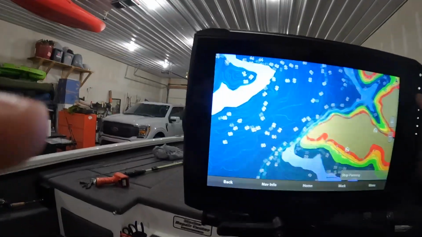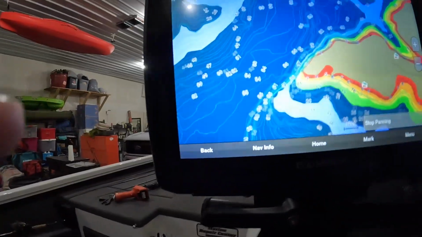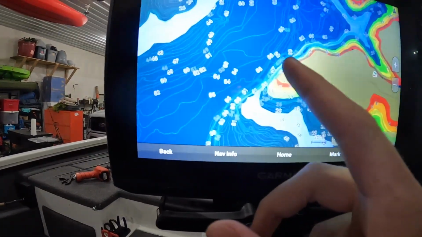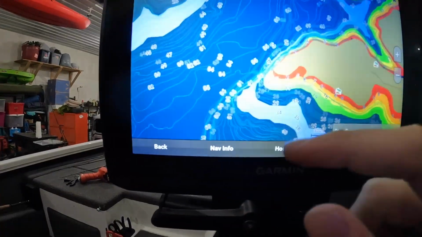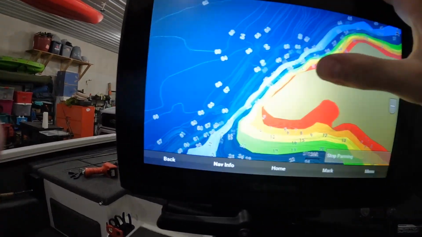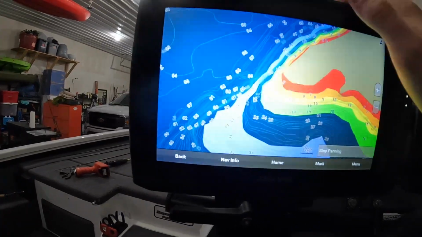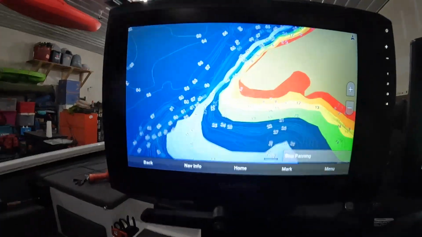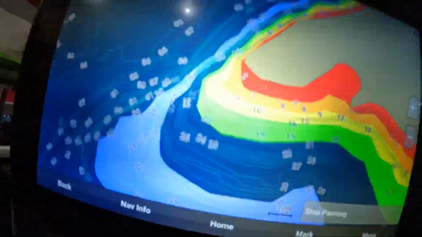And if you find brush there, right here's a pretty good example of one. As you can see, your main channel right here, it's kind of hard to see, but it runs up against this bank a little bit and then swings off. But this bank right here is all pretty much bluff, and as you can see, it's kind of flatter over here. And so this can be a really good area, as them fish